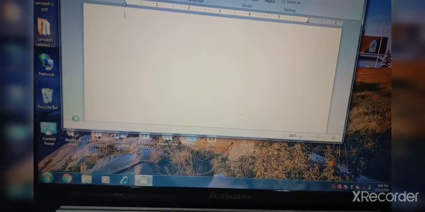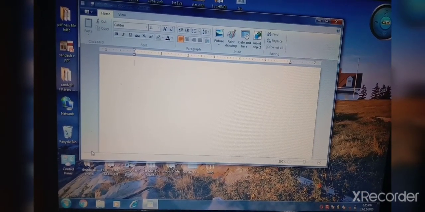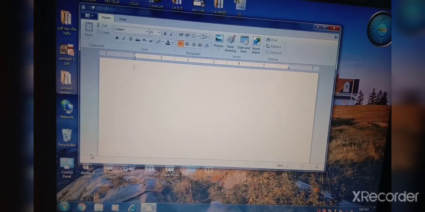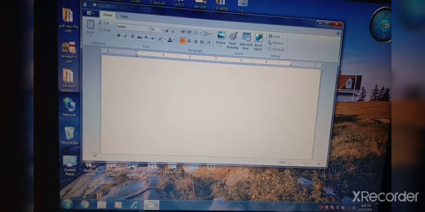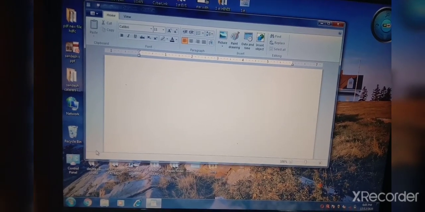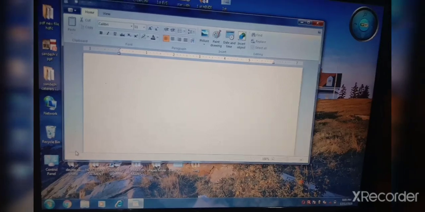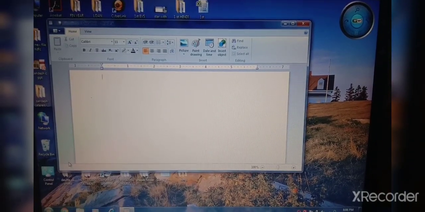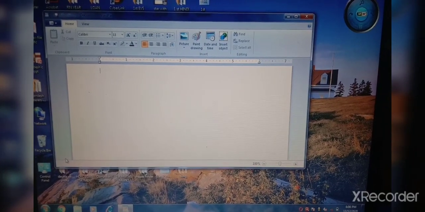Okay. Now see here. This is our WordPad window. Now children, we use WordPad to type text, any text. Here on this blank paper we type. The cursor is blinking.